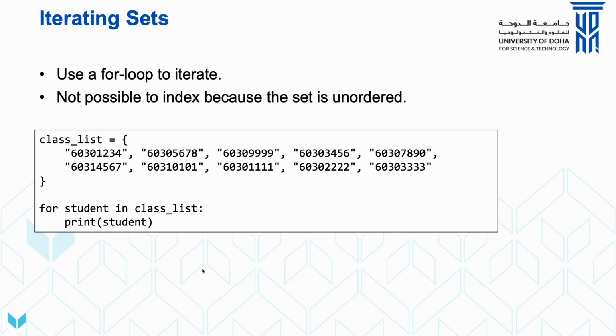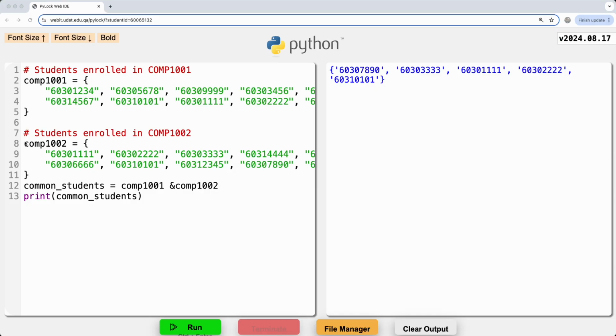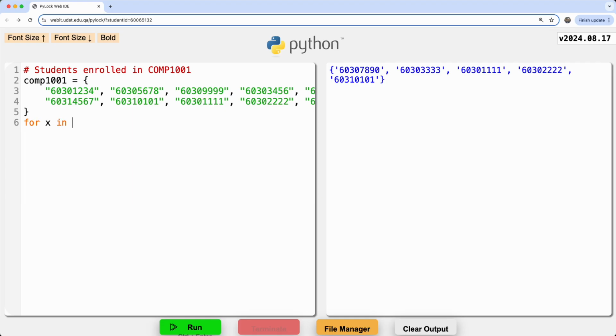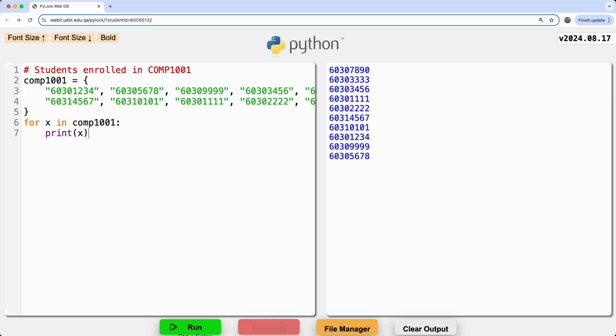Okay, iterating a set. Yeah, same thing. You can iterate through them. Set up a for loop and go through each item. You cannot, however, do this. So we better do one of these. Better do this as an example. Okay, so if I said for S in Comp 1001, okay, I'll use X for right now. There you go. There's the values. There's no guarantee of order. Yes, it will probably always be the same order when you run it on the computer, but there's no guarantee which way is coming. All right, so just like a list and a tuple,